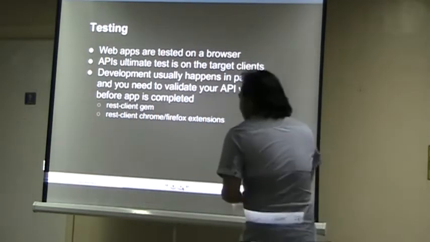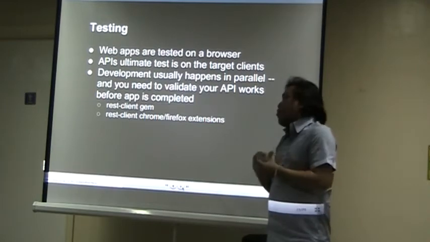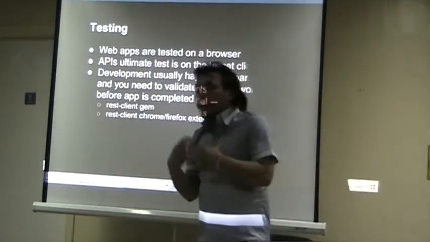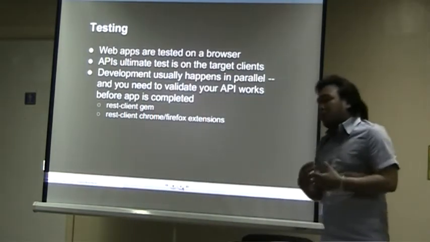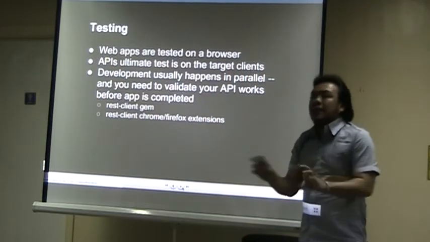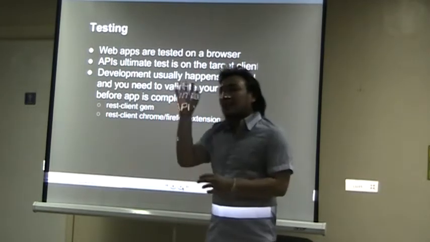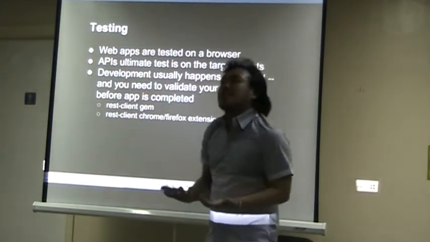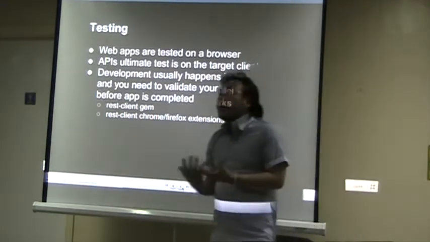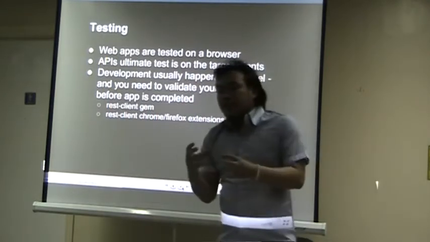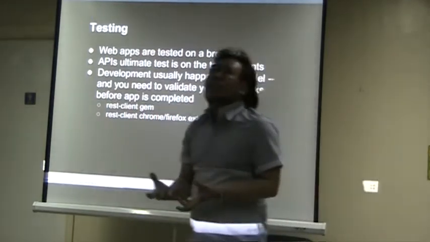Another thing to take note of is, since the audience of our web apps or of our API is non-human, there's no quick way for us to visually test it. Normally, if you're doing web apps, you would test it by opening it on the browser and checking if it works. Now with your API, it's not that simple, since the intended audience isn't really a browser. The intended audience is someone who is going to make a HTTP request and return some data.